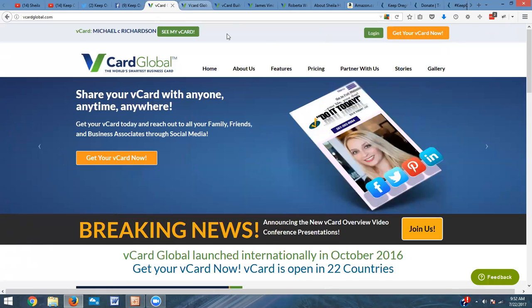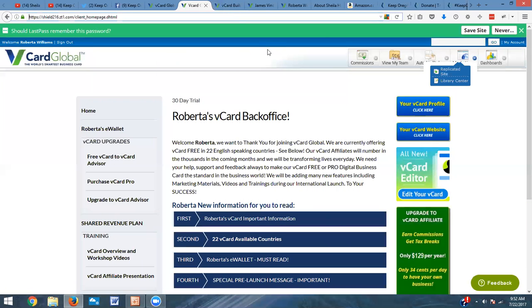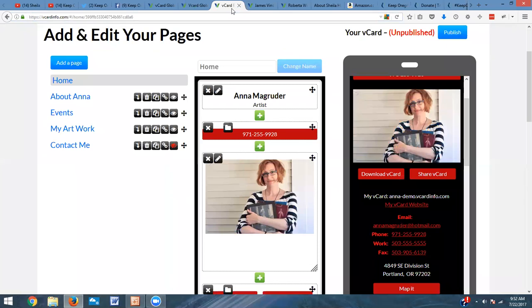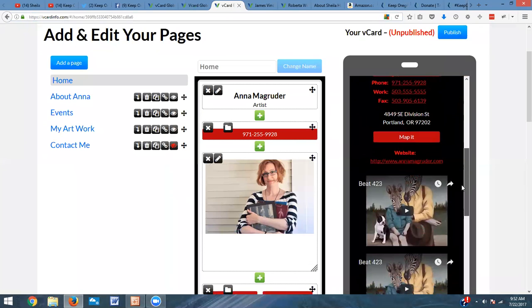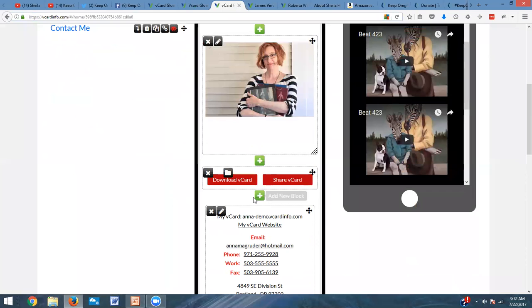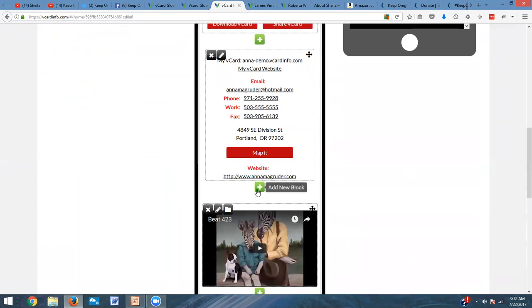So Jean, that's still going to take a little bit of time to put together, but we are working on that. Right now, if you wanted to add more information to your card itself, what folks are doing is they may take Anna's card here. If she wanted this to be more of a marketing card, you can actually add, right under your contact information,